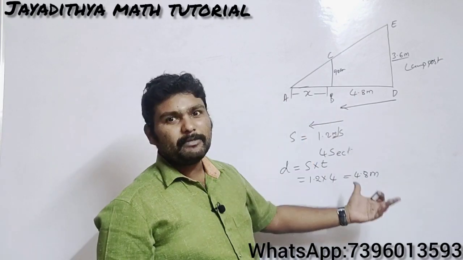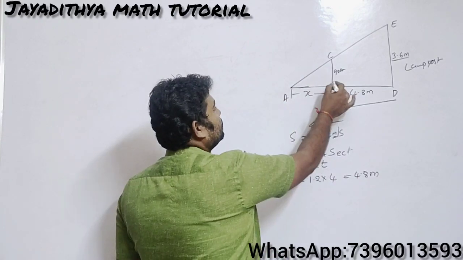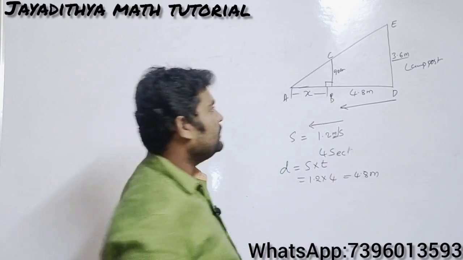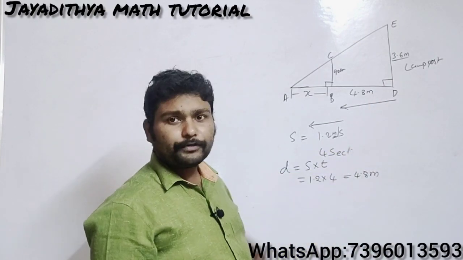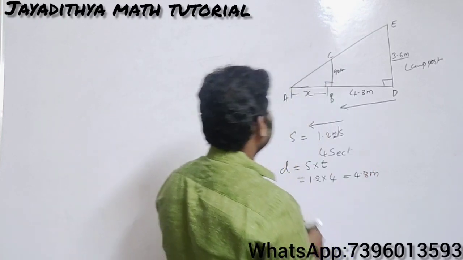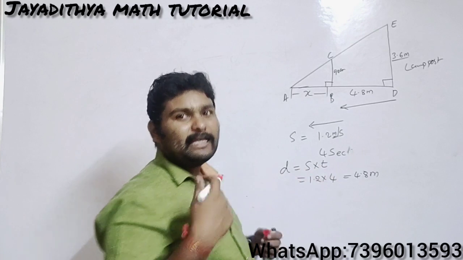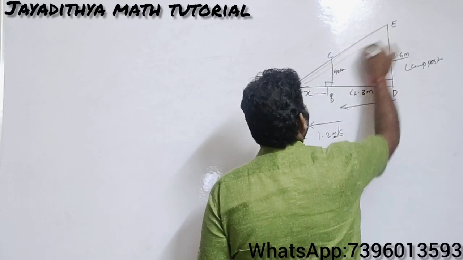So we got all the dimensions here. Now the problem will be very simple. Observe here, the girl will be vertical to the ground, so here I am taking 90 degrees. And the lamppost will also be vertical to the ground, that is, perpendicular to the ground. So I am taking 90 degrees there. And what are the triangles we need to take here? Observe that carefully. I am taking the bigger triangle first.